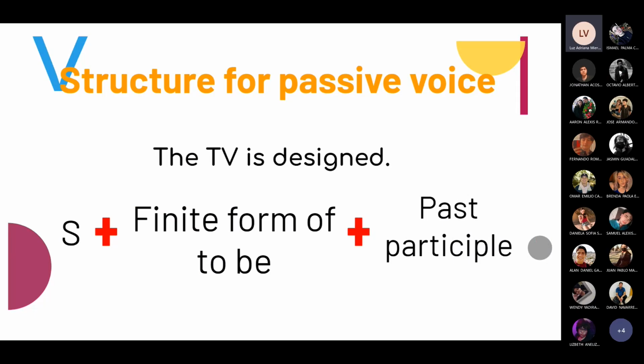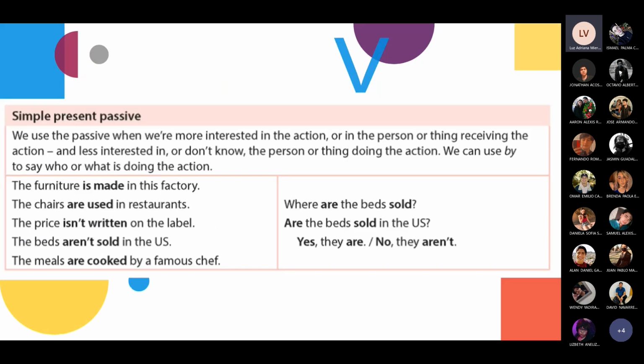And don't forget, we don't care about who is responsible for the action. That's something I would say is none of our business, right? We just care about the action itself, what is going on with the action, the result of that action. So whenever we use the passive, we are more interested in the action or in the person or thing receiving